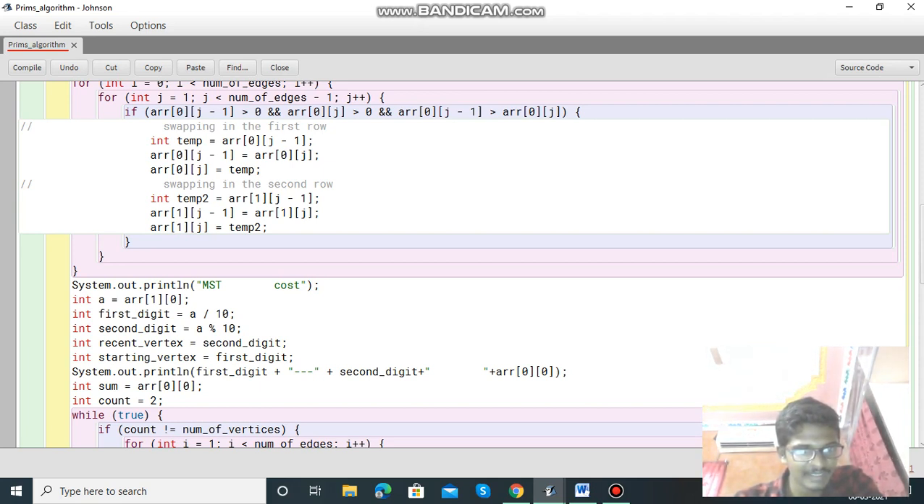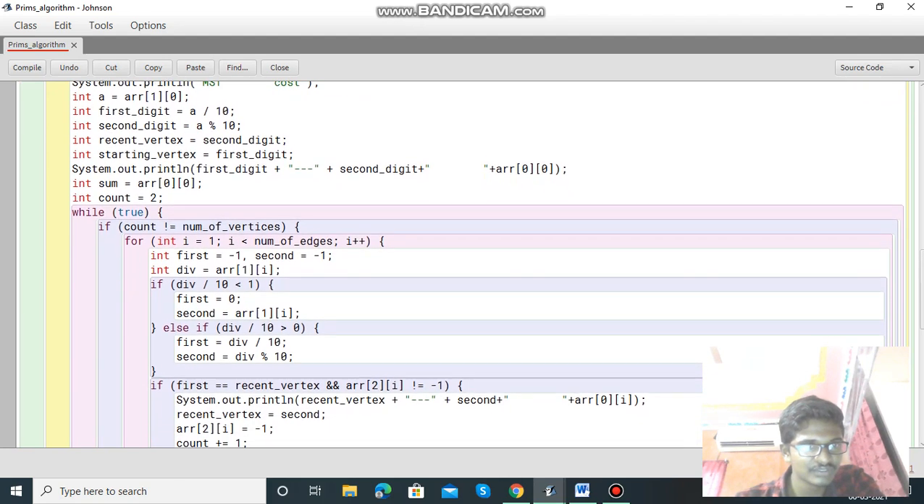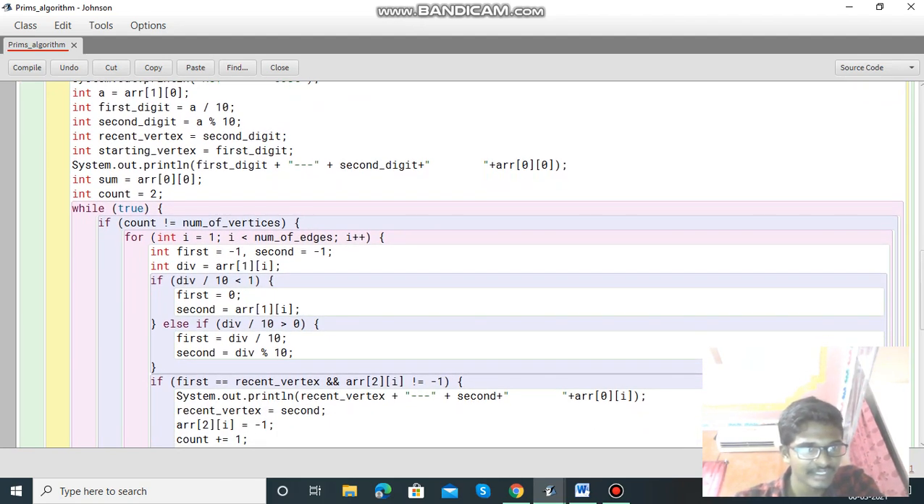System.out.println MST cost. int a equals array of 1 into 0, int first digit equals a divided by 10, int second equals a percent 10, int recent vertex, second digit, int starting vertex equal to first digit. System.out.println first digit plus second digit plus array of 0 into 0. int sum equals array of 0 into 0, int count equals 2, while true, if count equals number of vertices